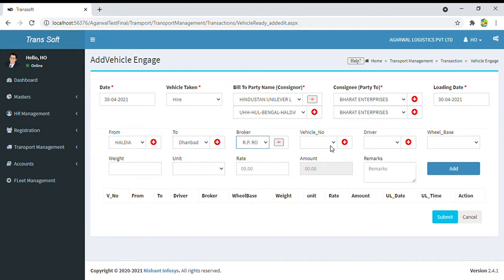Now comes which vehicle it is. Here you can see there are so many vehicles. Why are there so many vehicles coming? Because this has already been entered in the software. That means once you enter any vehicle in the software once, it will appear again and again here. So let's take this vehicle. Once you take this vehicle, it will show you what kind of vehicle it is, and it will show you the wheelbase. If you change this vehicle again, here you can see it is showing the wheelbase. Now which driver is going with this vehicle, you'll take the driver name from here,